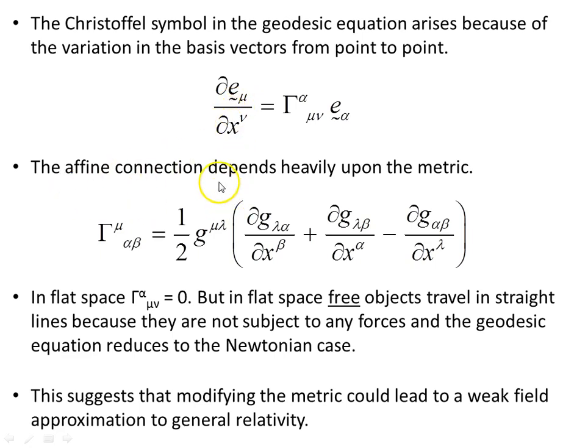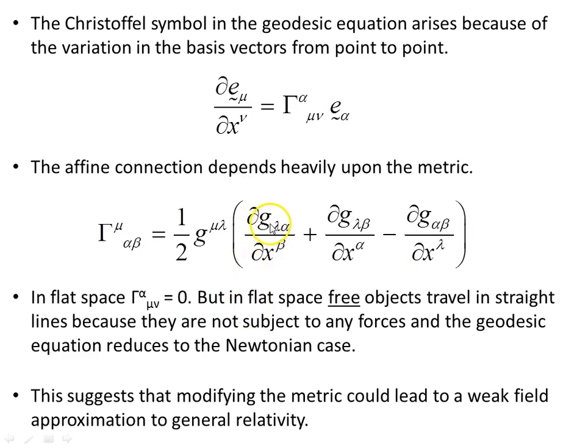Okay, now the affine connection depends heavily upon the metric. It's the metric that encodes information about the geometry of the space or manifold that we're interested in, and the form of that Christoffel symbol of the second kind, or the affine connection, is this form here in terms of the metric. In flat space, this object is 0,